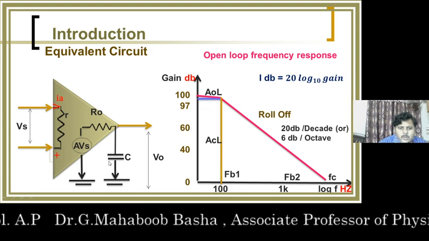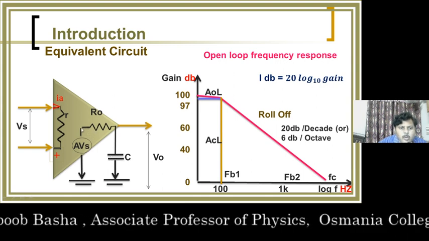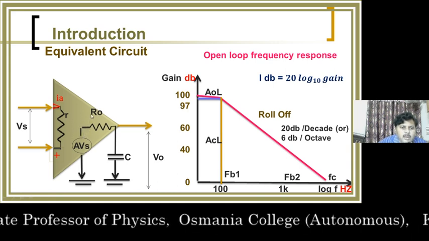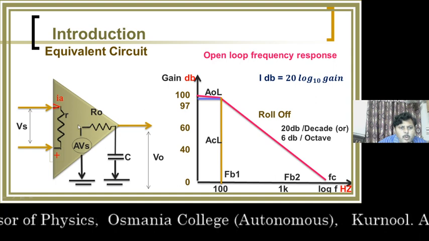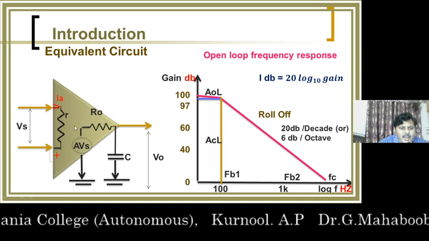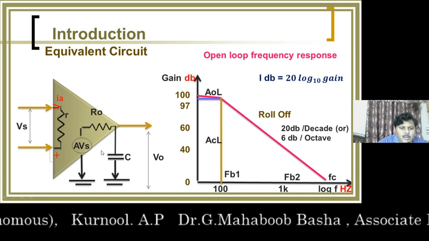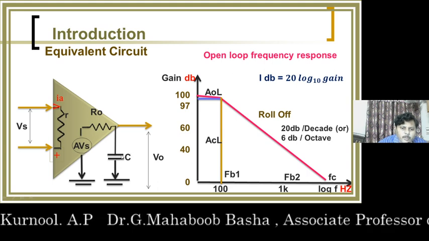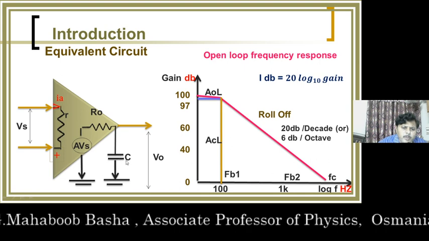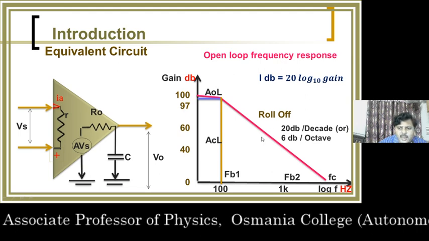It is because of stray capacitance at the output. Stray capacitance is caused due to internal junction capacitance of transistors. Why? Because an operational amplifier is made up of 20 transistors. Each transistor has two junctions and each junction acts as a capacitor. Because of 40 junction capacitances, the stray capacitance arises at the output. Because of this capacitance, reactance varies with respect to the frequency. The output voltage decreases, and as the output voltage decreases, the gain decreases.